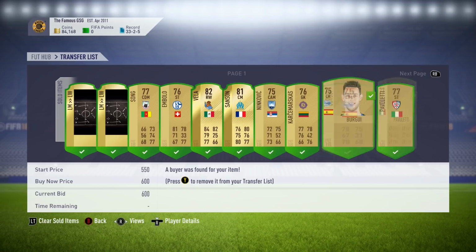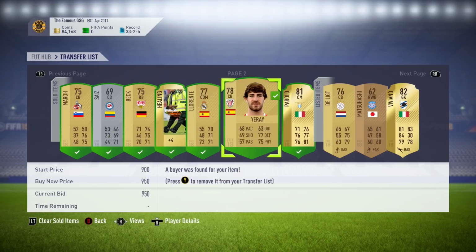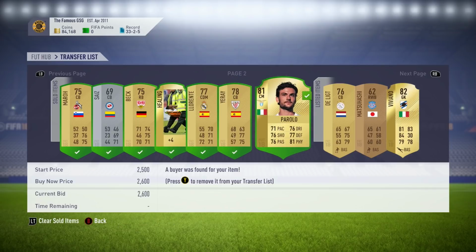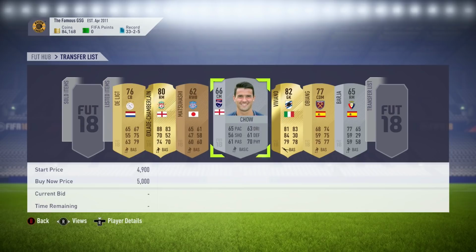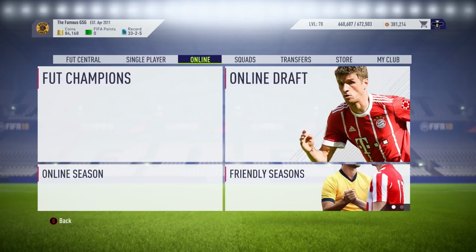And as you can see here, we sold on a bunch of the items we got from the draft, pretty much making our coins back, and at the same time there's a couple more players to sell on. So I guess from the first draft we played on this road to glory, we made a little bit of